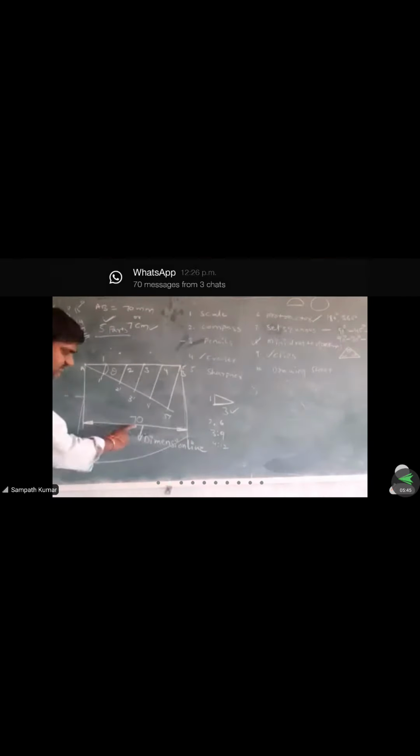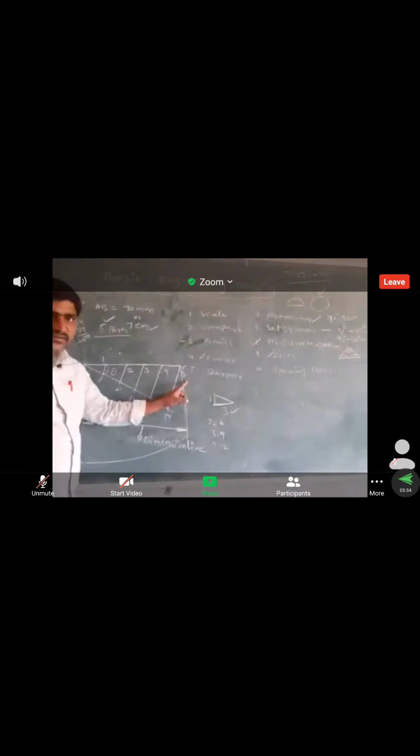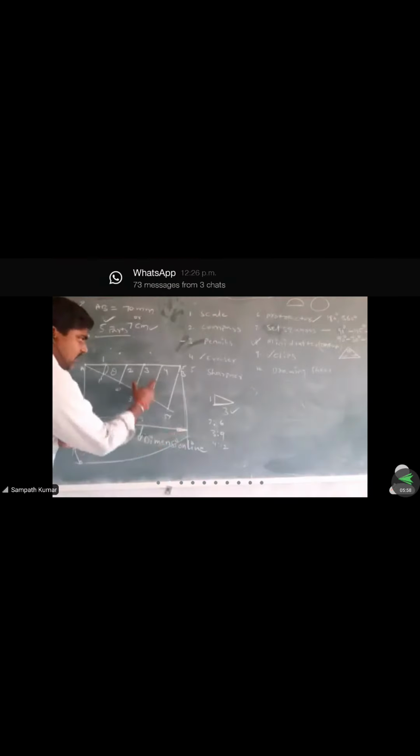Then, this is the dimension line. Next we have to draw the perpendicular lines from which points? From points A and B. We have to draw the line parallel to AB in between these two lines. This line is called the dimension line. The dimension line is indicated by arrowheads. The value of the line must be above the dimension line. Then these perpendicular lines will be called the extension lines.